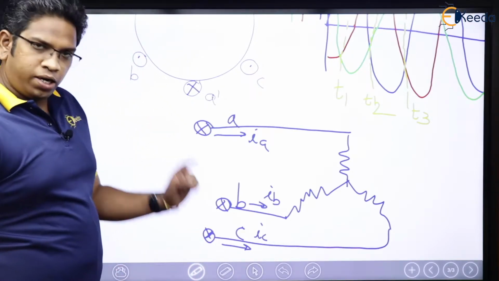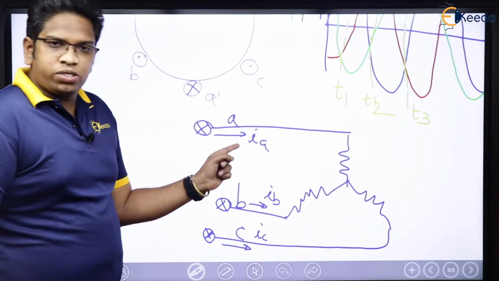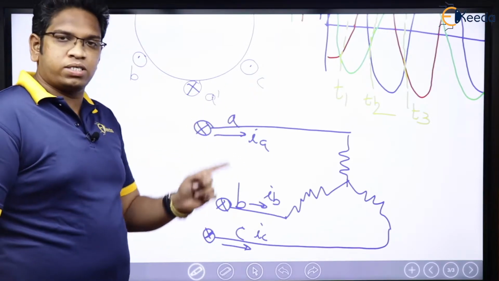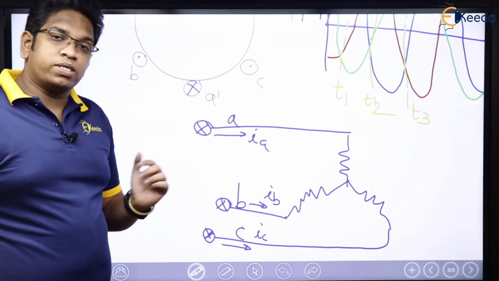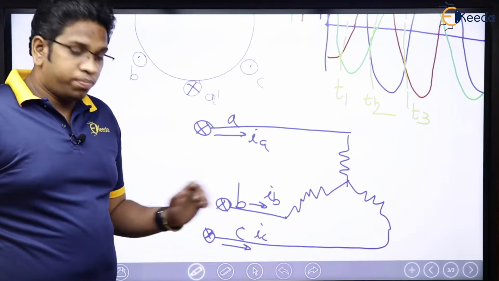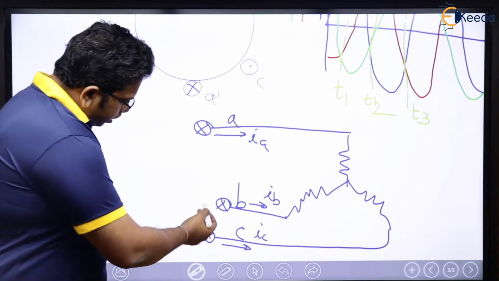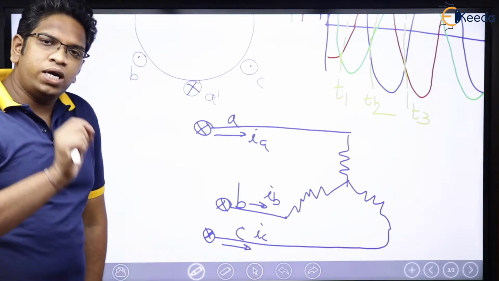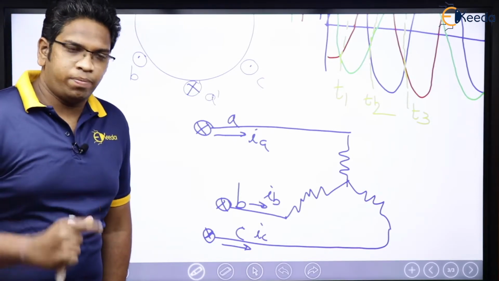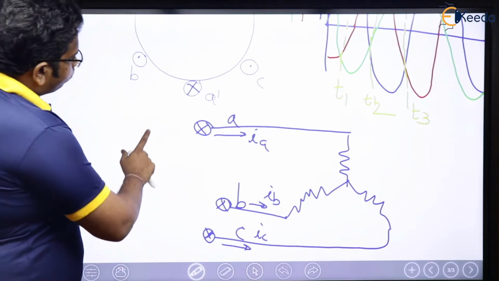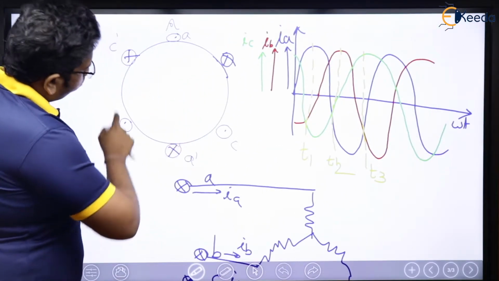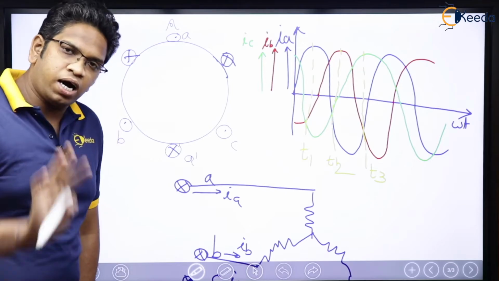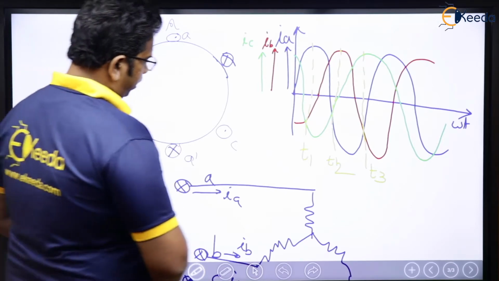Now, but we know that whenever this IA will be 0, there will be some value of IB, some value of IC. Whenever this IA will be maximum, IB is going to be half of negative maximum, IC will be half of negative maximum, means it is going to be negative, which means here has to be dot, here has to be dot. Yes, I understand. But these crosses are only references. Let me repeat. This cross, or in our case, this dot cross, this dot cross are nothing but references. Practical things will change. How they will change, we are going to find out. Let us see. Stay tuned.